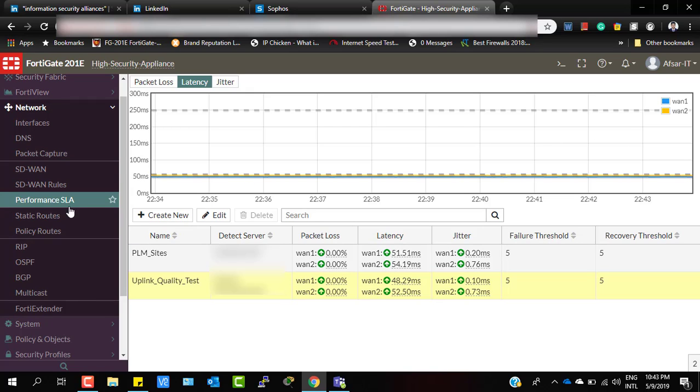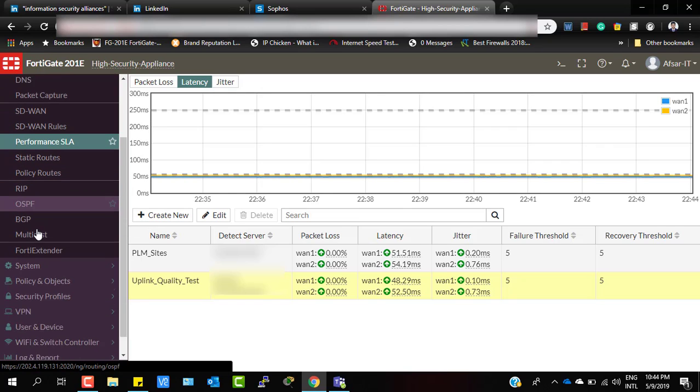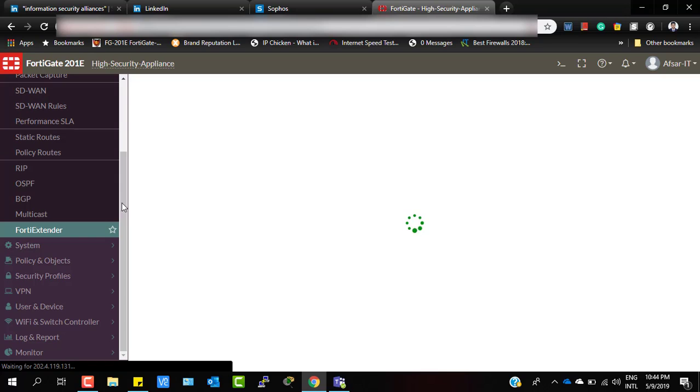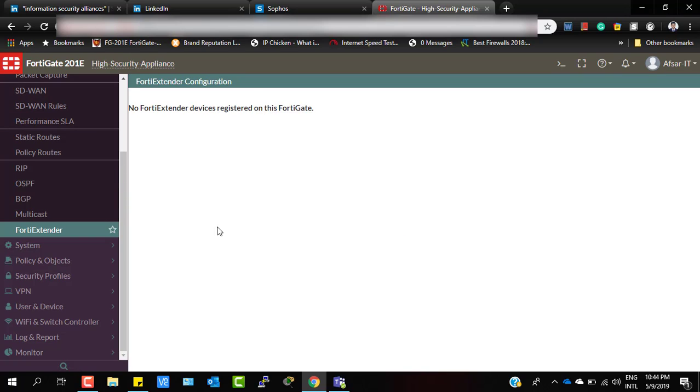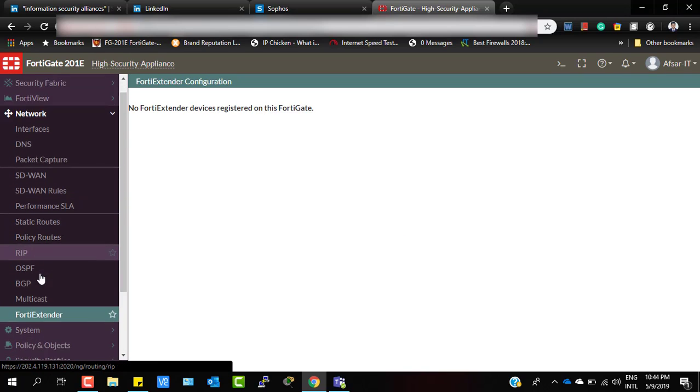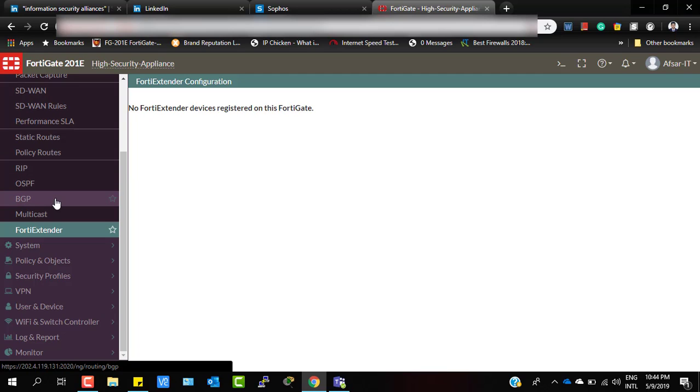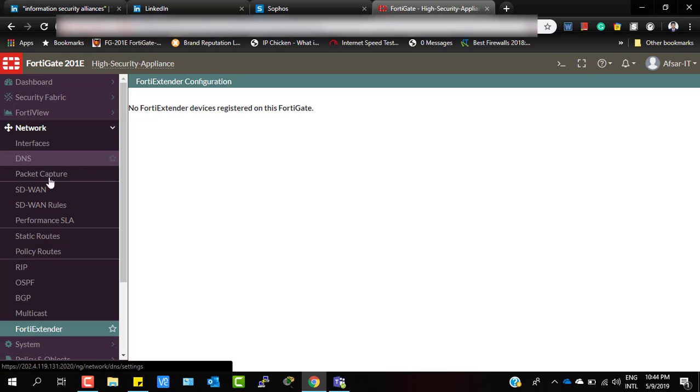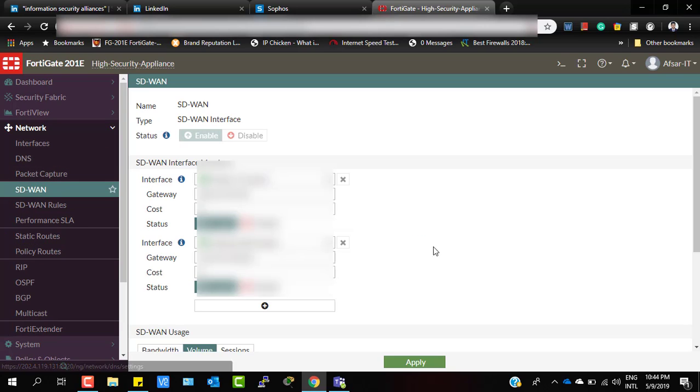Okay, this is the change, and this will be very helpful. In network setting, there are FortiGate standard settings now added. Okay, this is new. Then we can go to system, because the rest of the settings are the same as before,